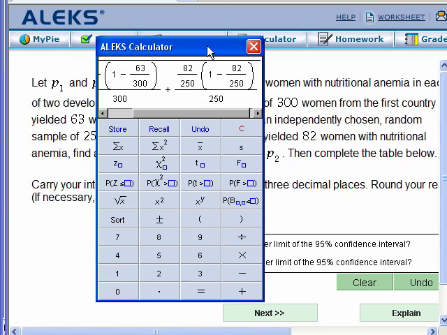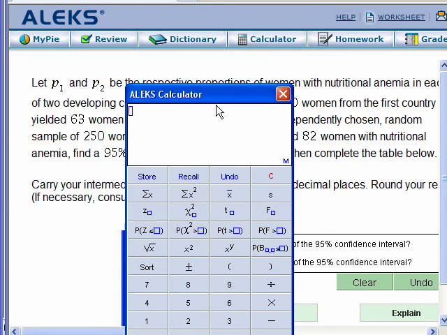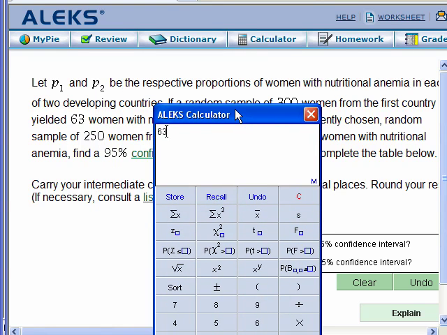And that will give us the spread. So we'll store that value, and then we know that again it's 63 divided by 300. We'll tab out, minus 82 divided by 250,